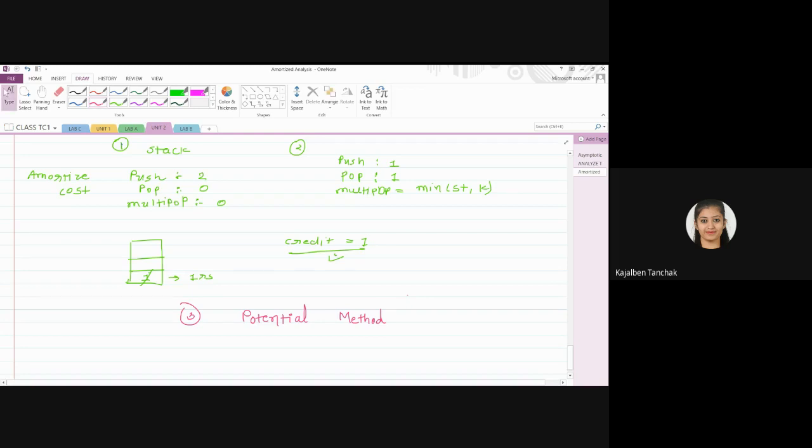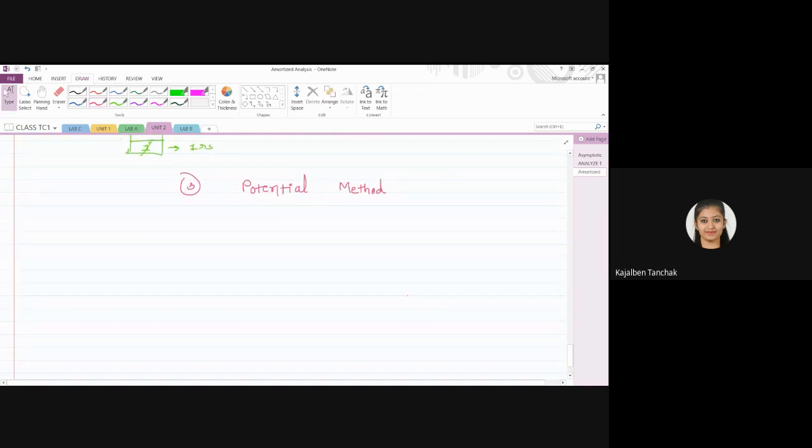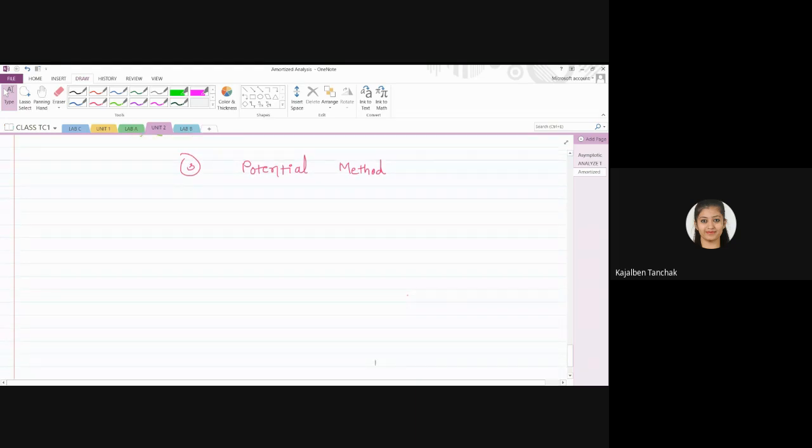When the amortized cost is greater than the actual cost, the credit turns into a function called the